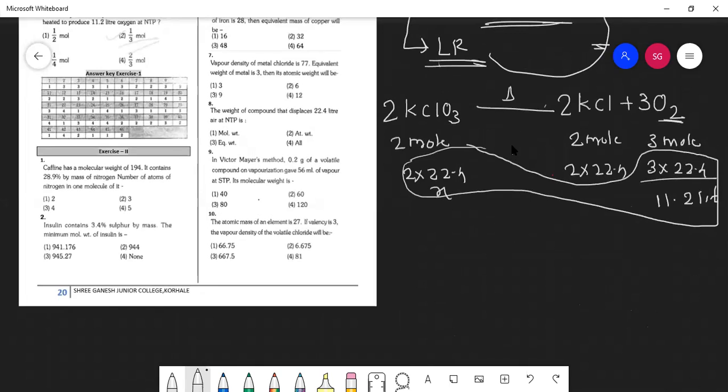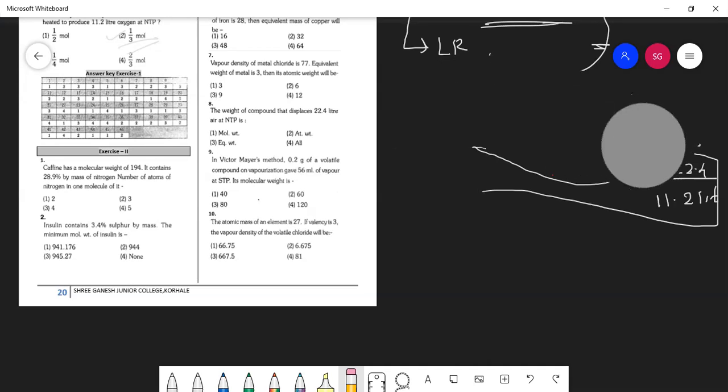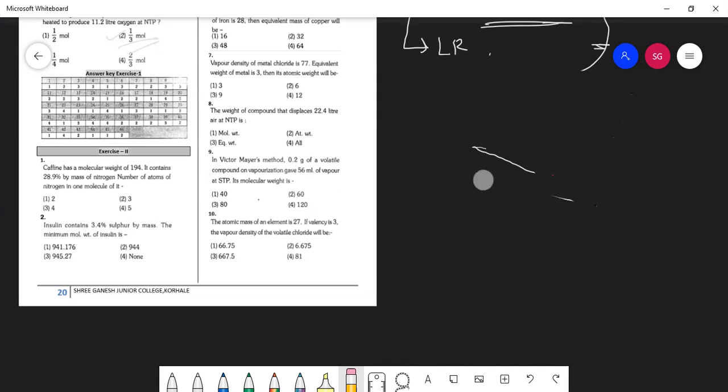Any doubts you have, randomly or whichever? Students, only Pranjal has sent me some doubts, no one else has sent me doubts. That means what? Only she is solving the questions. You are not solving the questions. Exercise 2, any doubt is there or not? Please check it. Sir, question second. Okay, question second.